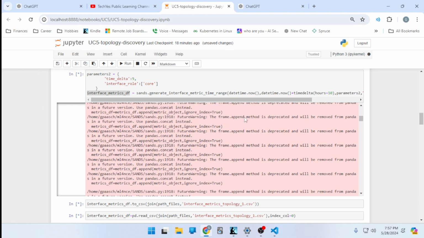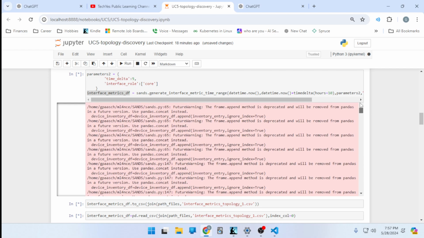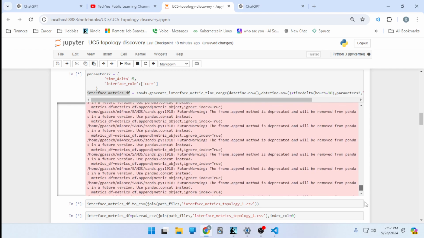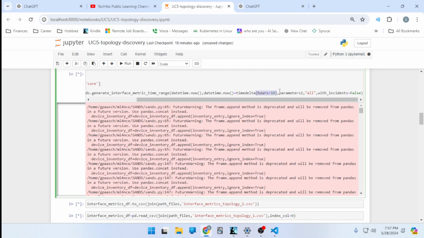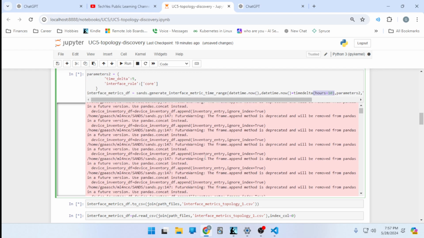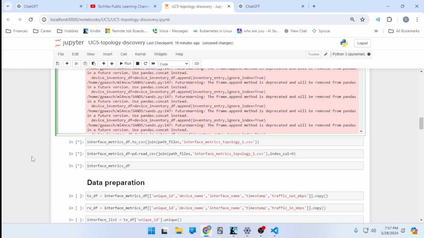So this is still going. Now it's said that it will just keep going for a long time. I do notice there's a parameter here set to 10 and 4 hours. So I don't know if that means it's going to run for 10 hours. I hope that's not the case. We do always have the opportunity to